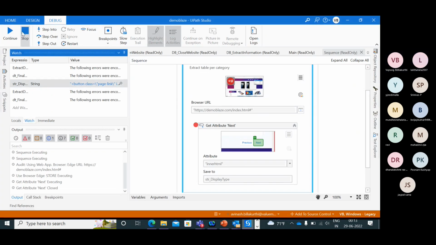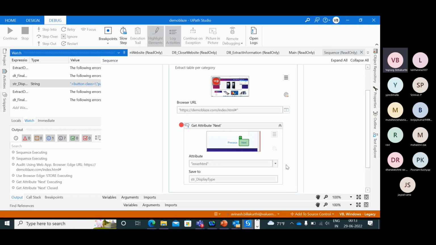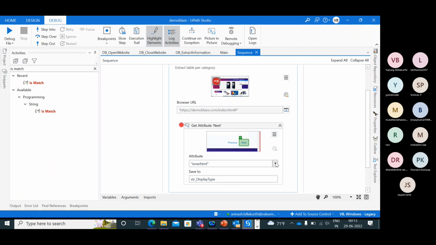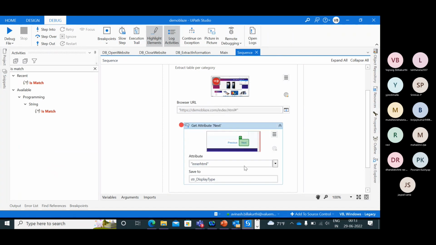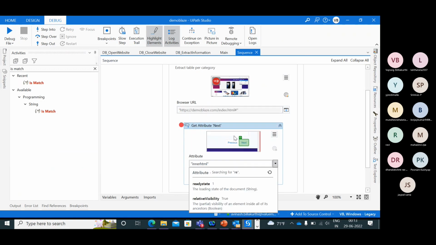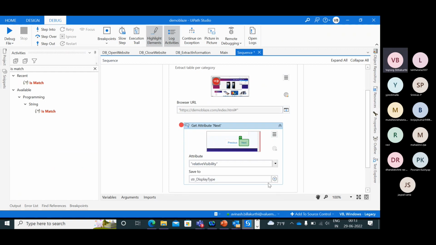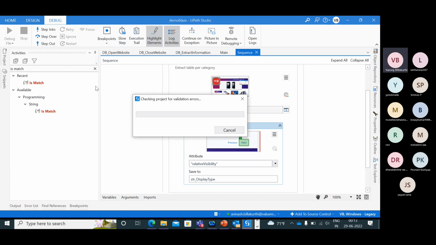Property top, relative visibility. Relative visibility. And let's debug. Let's see. Maybe we can get some value out of it.